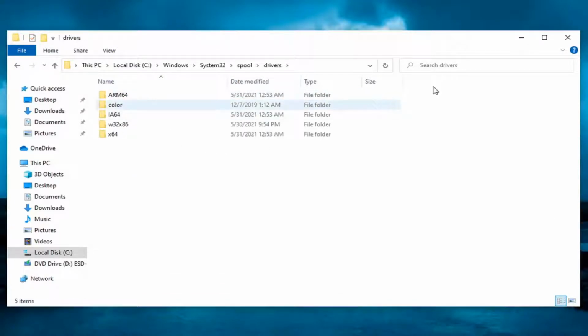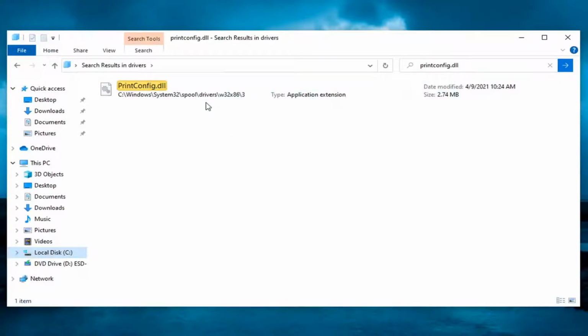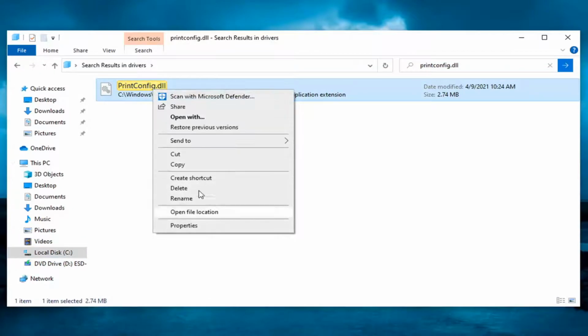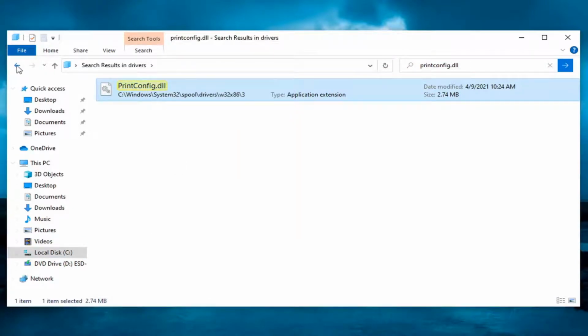So while you're in the drivers folder here, go ahead and search up at the top search bar here and type in printconfig.dll and search for that. You want to go ahead and right click on this and select copy, and now click the back arrow